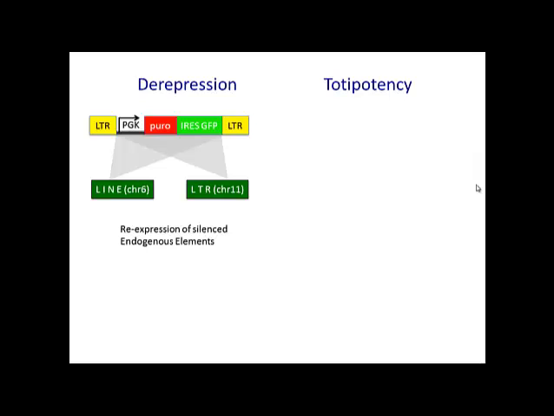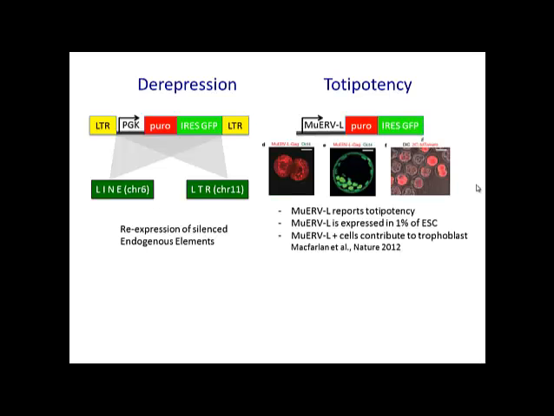So we introduced a puromycin GFP cassette into the genome and identified clones where this cassette was integrated in LINE or LTR elements and thereby silenced. The other experiment was looking at one particular mobile element which actually reports for totipotency, so even more potent, if you wish,